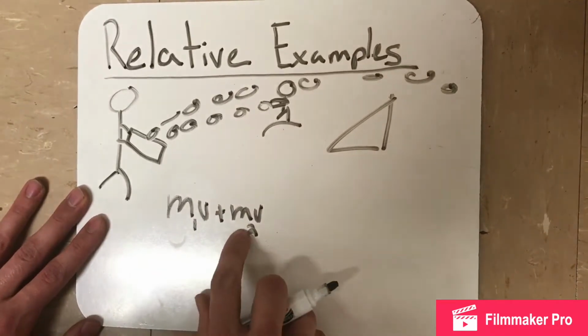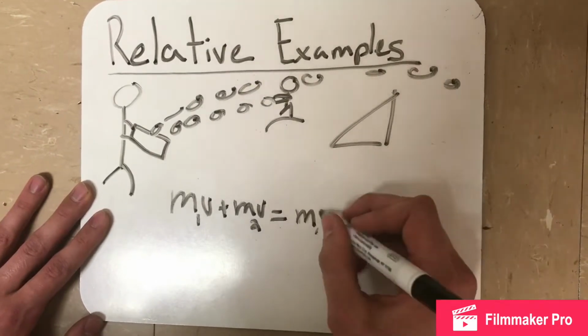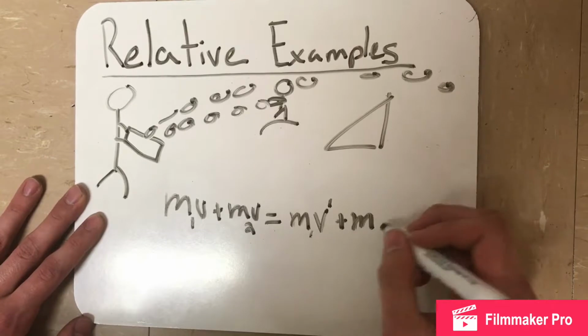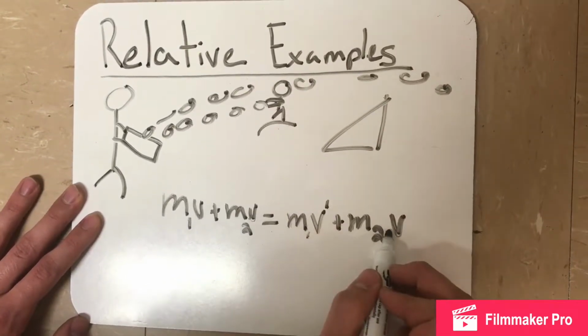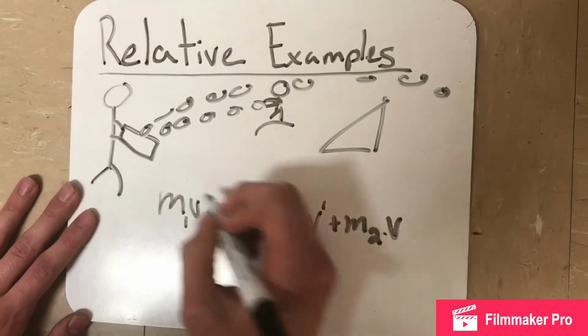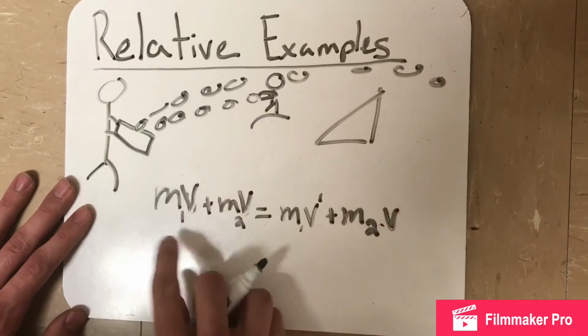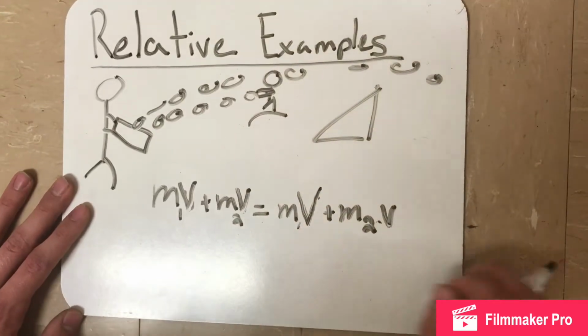This is the mass of the ball, and this is the mass of the bat, which is going to equal the mass of the ball times its velocity after the hit plus the mass of the bat. These two are going to stay the same throughout the swing, because you should continue on throughout your swing. And since this is going to be very large, if it's a fastball, that's going to be very large,